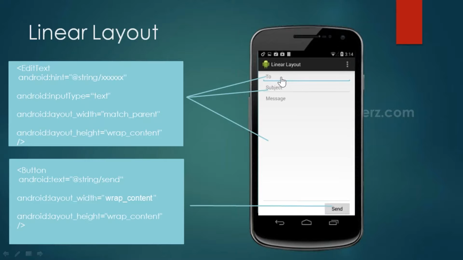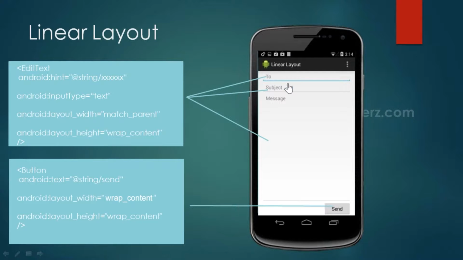So we have three edit texts here. One is to enter the recipient name, another one is for the subject, and another one is to enter the message. These are all edit texts with different styles. The first two edit texts are almost equal. The last one has a very heavy weight, which means it is going to occupy the remaining space, and there is one button which has a layout right gravity. Okay, so now let us see how to implement all of them.